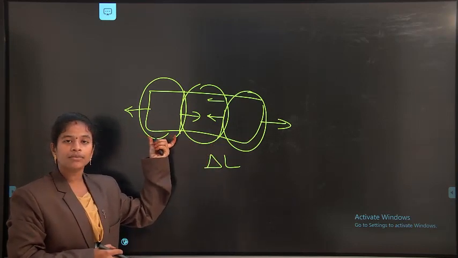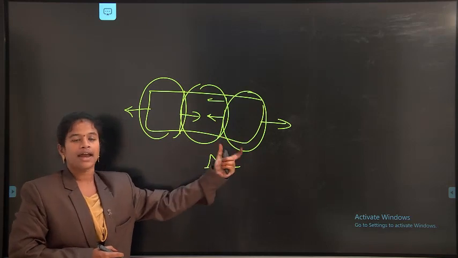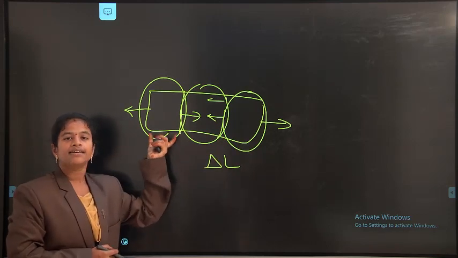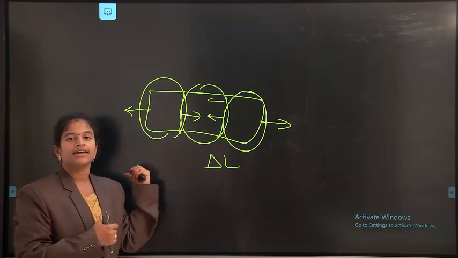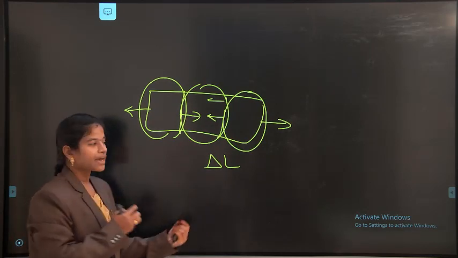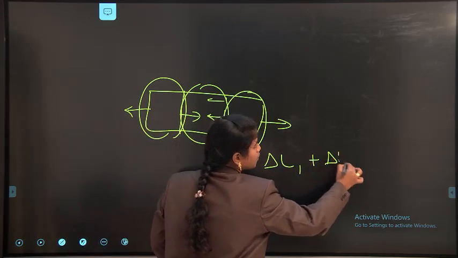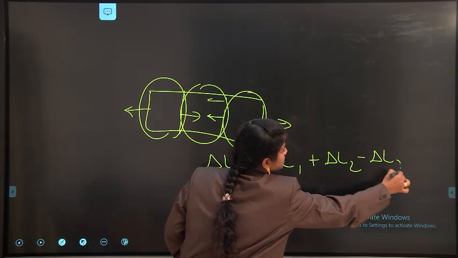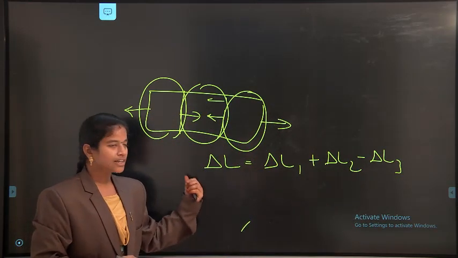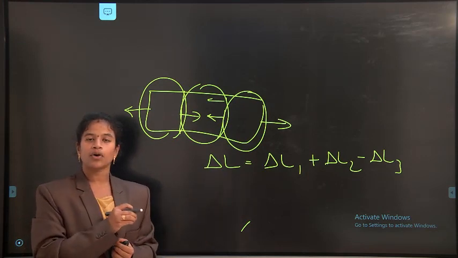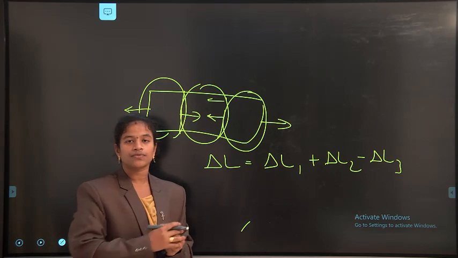How will we calculate deformation? By separating each segment into a free body, and then we will calculate the change in length, and then we will state whether it is an increase or a decrease. Finally, we will write the algebraic sum of the change in length. If it is positive, we will write increase. If it is compressive, we will write negative. In this way, we can get the total change in the length when the body has different loads at different sections of the body.